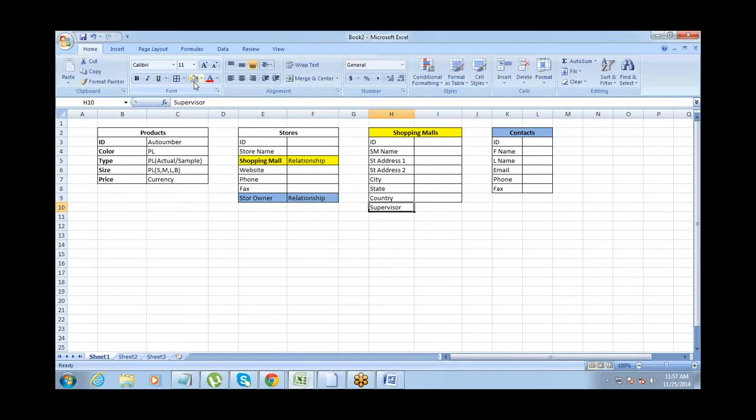For shopping mall also, if I have a supervisor, this will also be listed in the contacts. Okay. So 4 objects we have thought of.